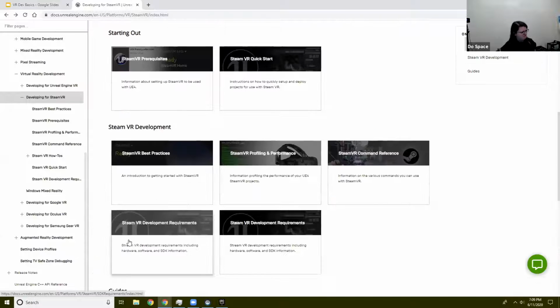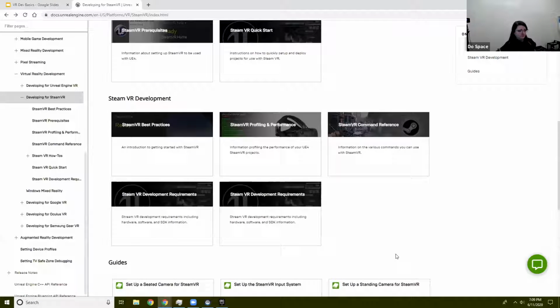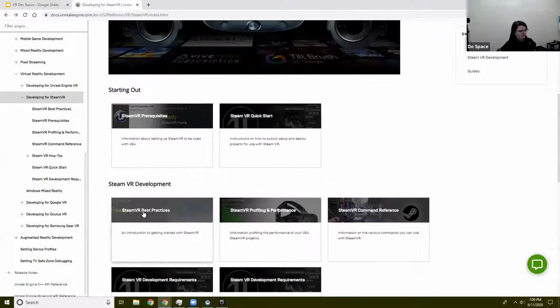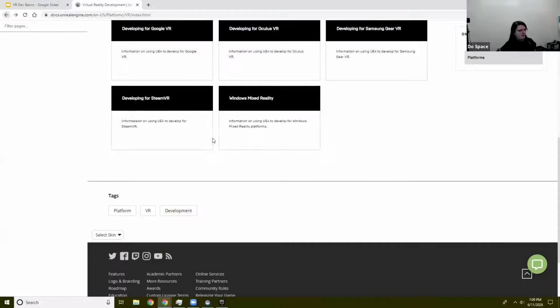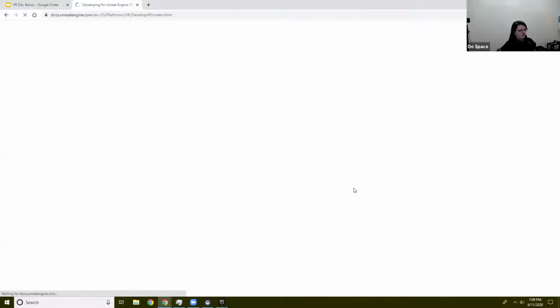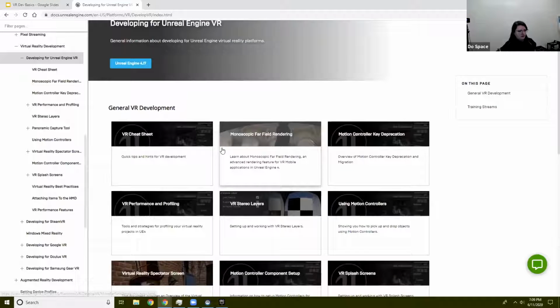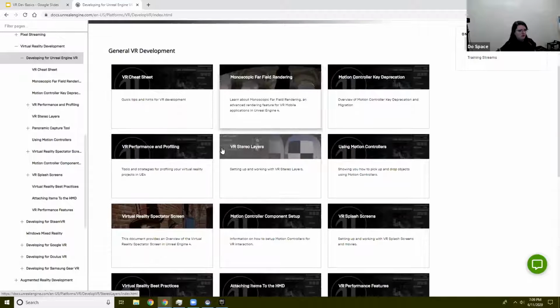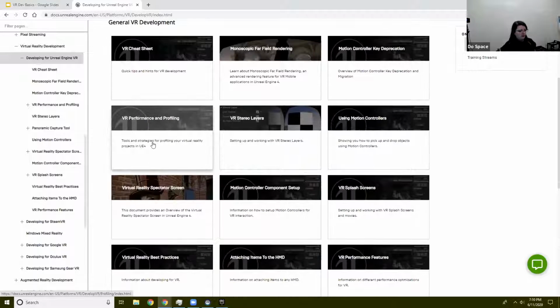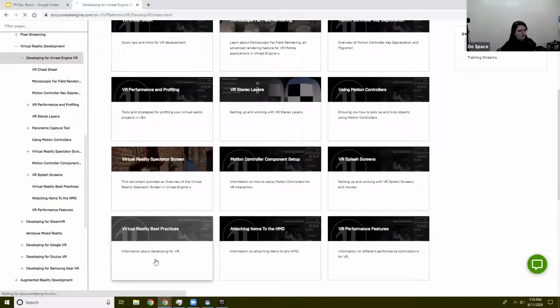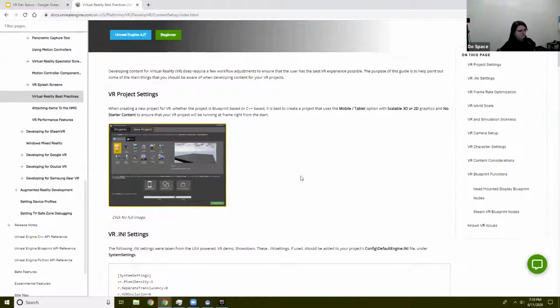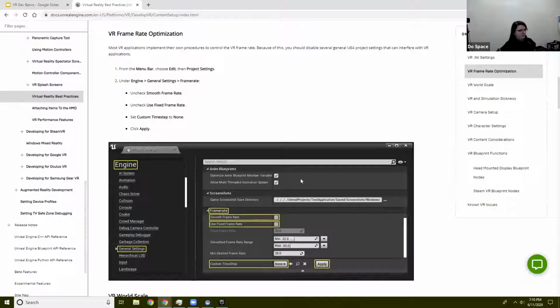But they need to go back and update this. Okay. So I'm just going to go back and go up to developing for VR Engine. So VR performance and profiling. Best practices. There we go. Frame rate optimization is one of the most important things about developing VR because you don't want